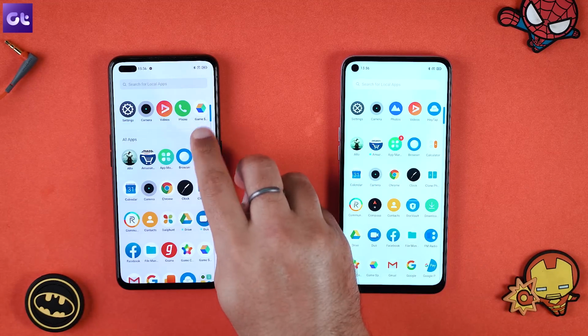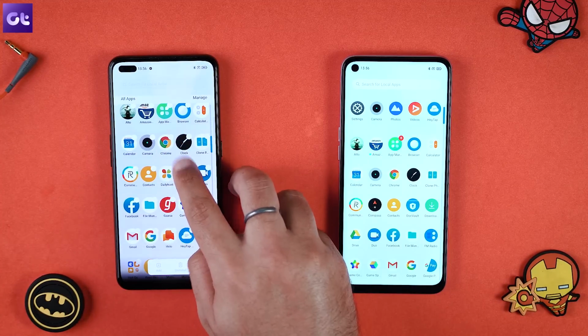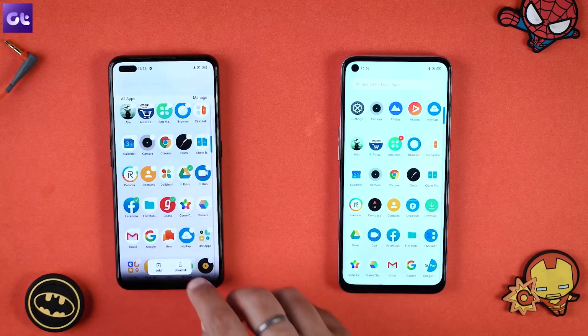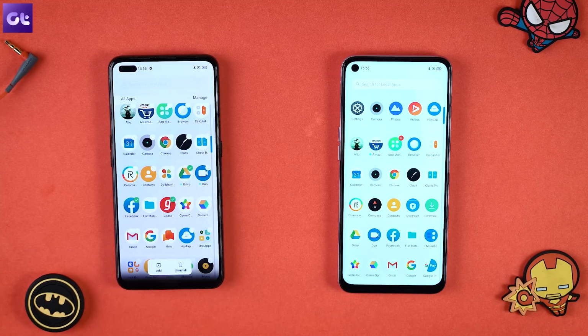But my favorite feature here is the select tab. So let's say you have the select feature. So I have Google Drive, Ghana, and Facebook, for instance. I can do a batch uninstall right here. So I don't have to install any different app to batch uninstall different apps. I can just directly uninstall all these apps by selecting them and uninstalling them right from here.